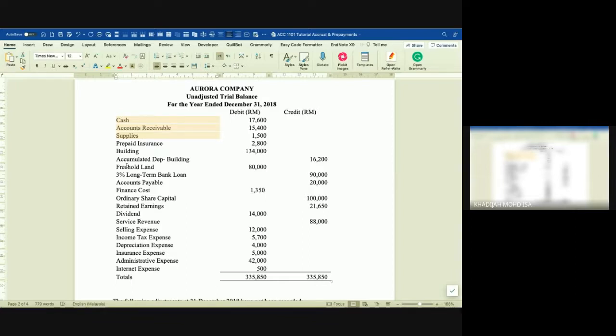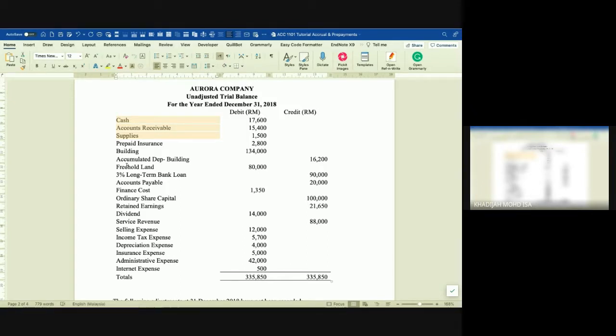Supplies are the things that a company buys in bulk. You buy a lot at the beginning of the year, for example, or it could be periodically. But throughout the period, you'll be using those supplies for business activity. Examples of supplies are stationery and toner for your printers. A company doesn't buy one toner, they buy many toners. They don't buy one pen, they buy many boxes of pens, for use in the business, not for them to sell. So when you have supplies, later you're going to recognize these supplies as an asset, then you're going to convert that into